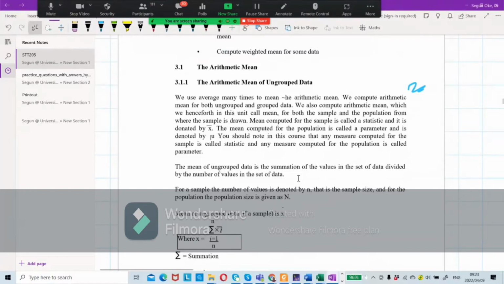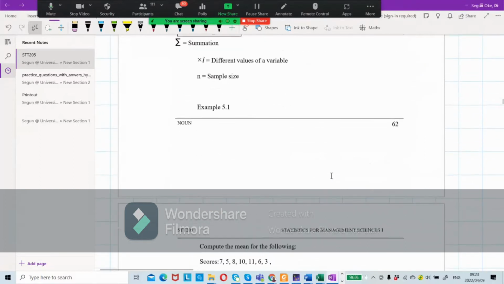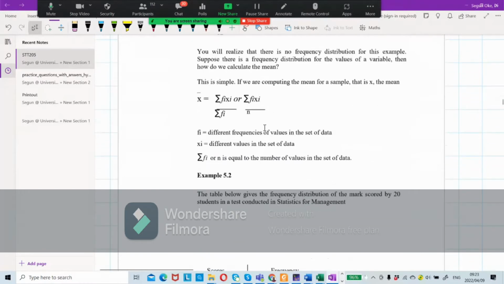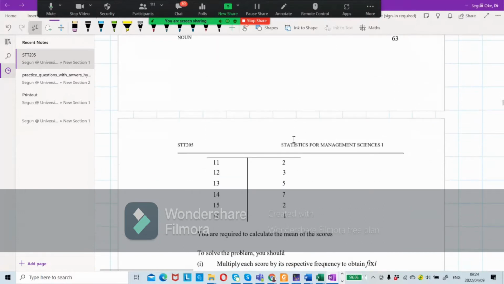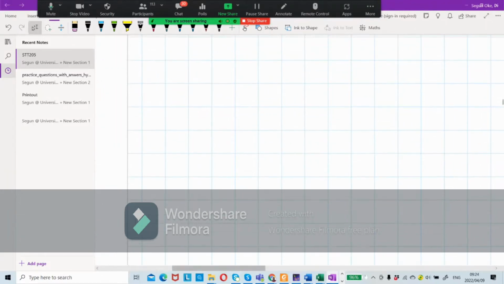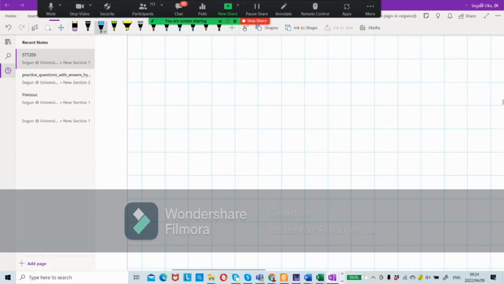So we have two things. Number one, group and ungrouped. And part of the question that I've seen in your exams, what they will ask, they can give you some set of data and ask you to find the arithmetic mean. Now, if you don't know the formula, here is the formula, which we are going to still solve some of those problems with all together. But now, I will just solve one question and it will cater for all. So we need to solve something on